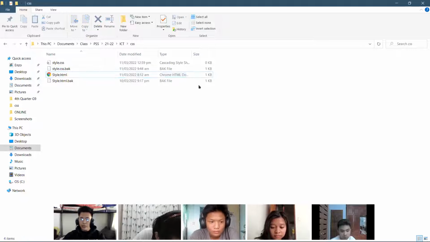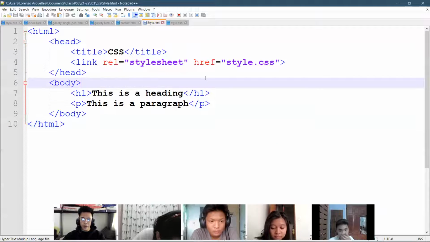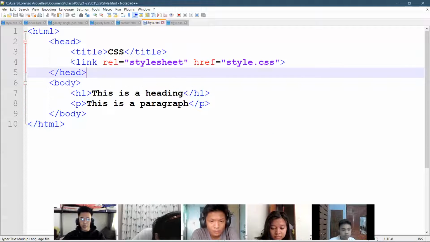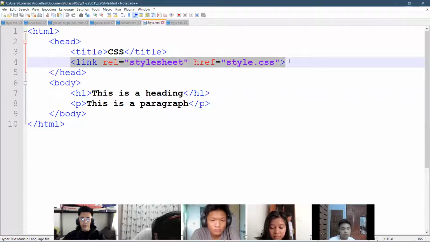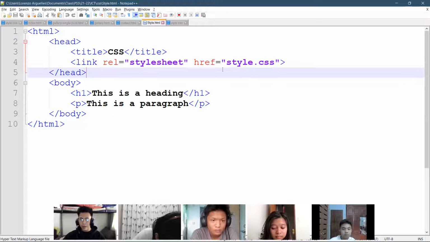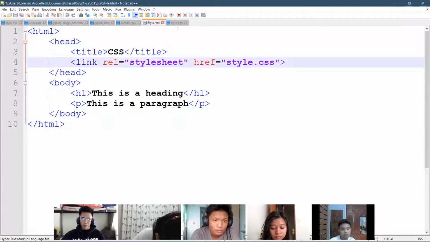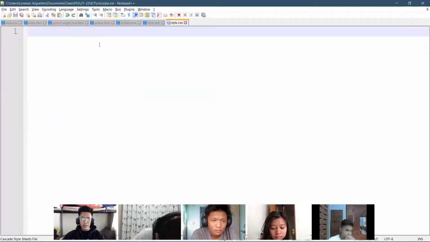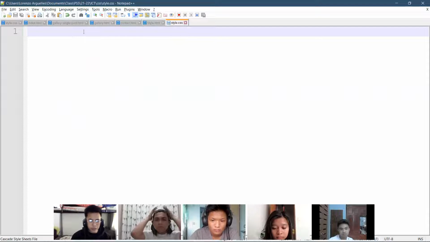Because once we go to our code, as you can see here, we already provided the link. Link rel stylesheet href style.css. That is the file name. And opening the style.css, it does not contain anything yet. That's why the HTML document does not have any properties assigned to it yet. So what we'll do here is